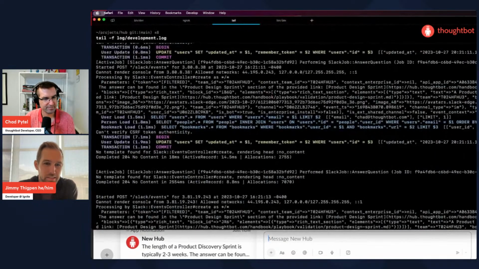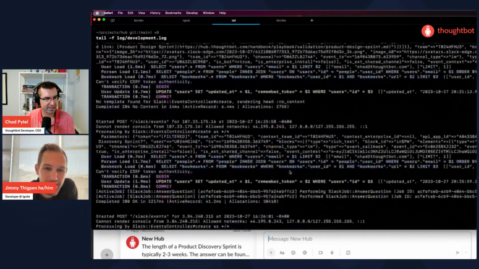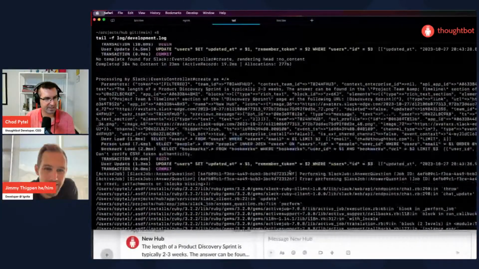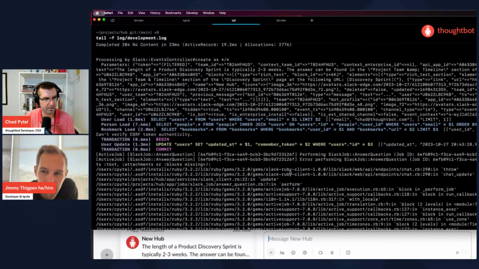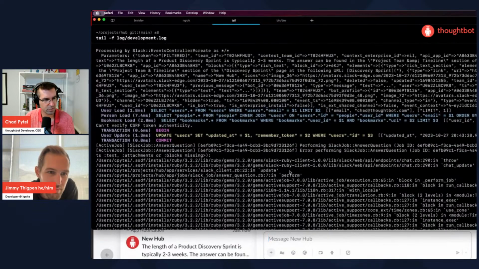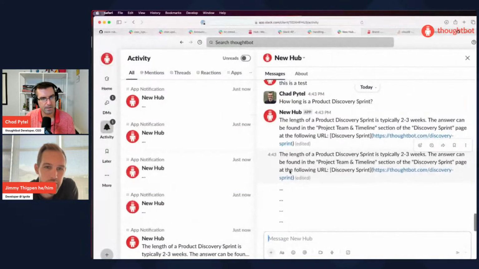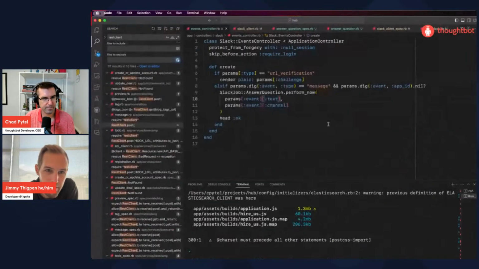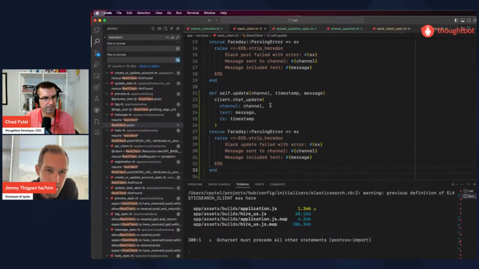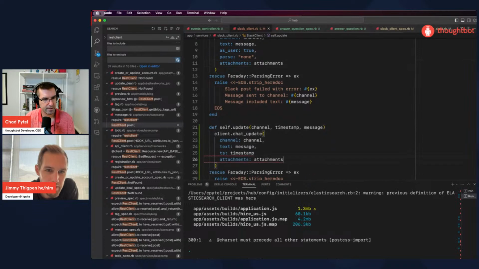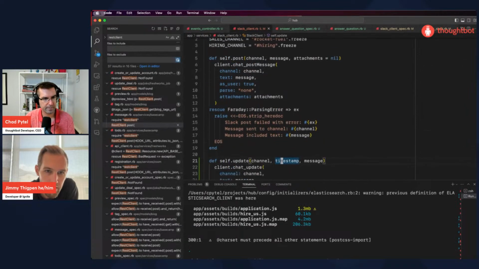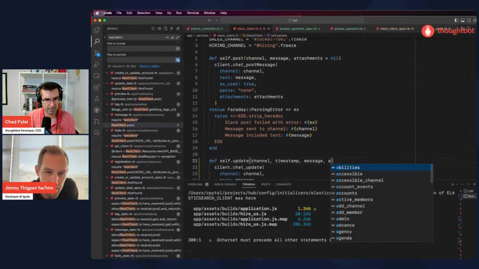Interesting. Okay, it did stop. So it got an error performing Slack job, uncaught throw error, required arguments, text, attachments, or blocks is missing. Okay, so our update method probably wasn't quite right. So what this error is coming from is that attachments is required there. Okay, and we can just maybe pass an empty array like we were before. Or nil, actually.